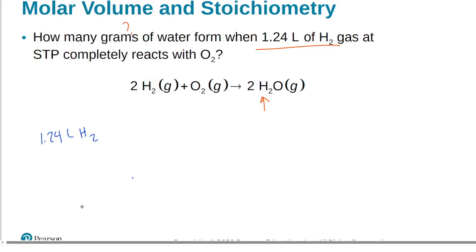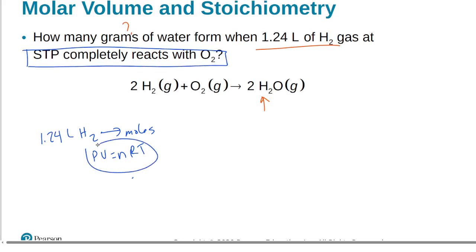All right, and so how do we start this problem? We've got to convert the liters to moles. And we can use the PV equals nRT equation. But since we're at standard temperature and pressure, we don't need to do that. We can use the identity that it's 22.4 liters per mole, right? And so we have liters here. So we're starting with 1.24 liters. And we've got 22.4 liters is 1 mole